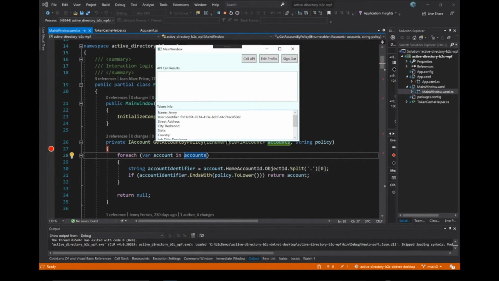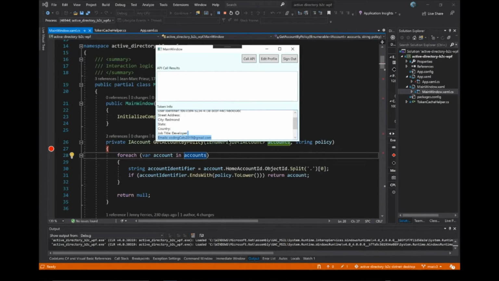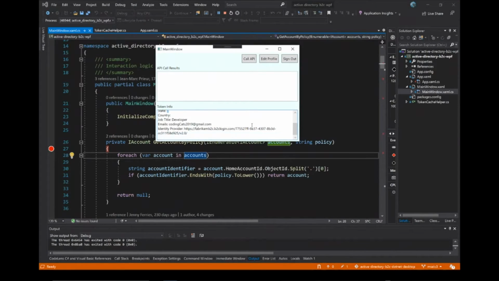Okay, and I got back an ID token, which the client has validated and opened, and it's presented some claims to me, like my city, my job title, my email, and then which identity provider or authorization server was used to get these claims back. But let's say I don't really like what this says for job title or my city, so I want to edit my profile. So I'm going to click on Edit Profile,